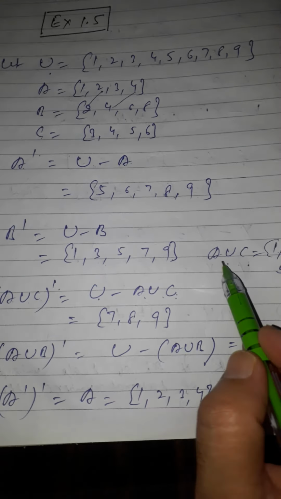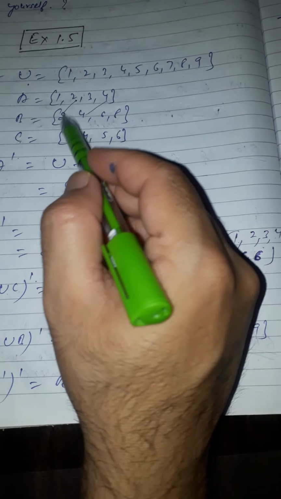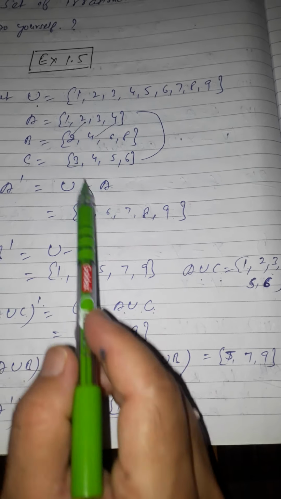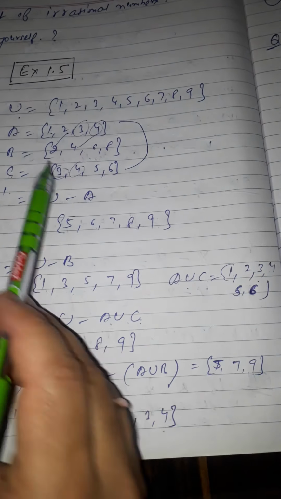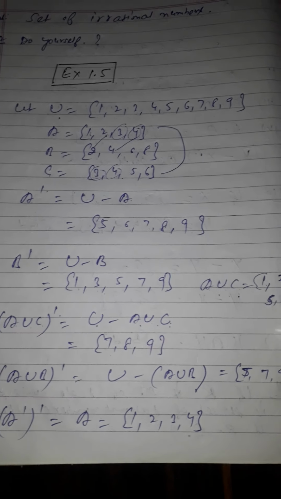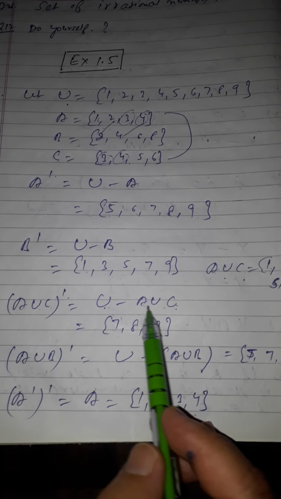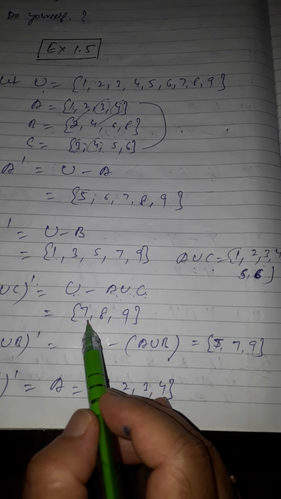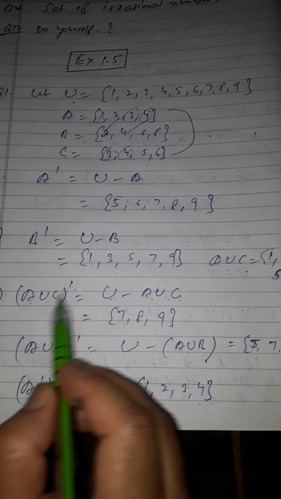Now here students, I have told you that A union C, I have taken not A with B, here I will take A with C here students. So here you will see 1 2 3 4, here 3 4 5 6, you will see that 3 4 is common. So A union C will come as 1 2 3 4 5 6, right students. While U minus (A union C), they will be subtracted from here. So you will be left with just 7 8 9, right? That is A union C's complement.